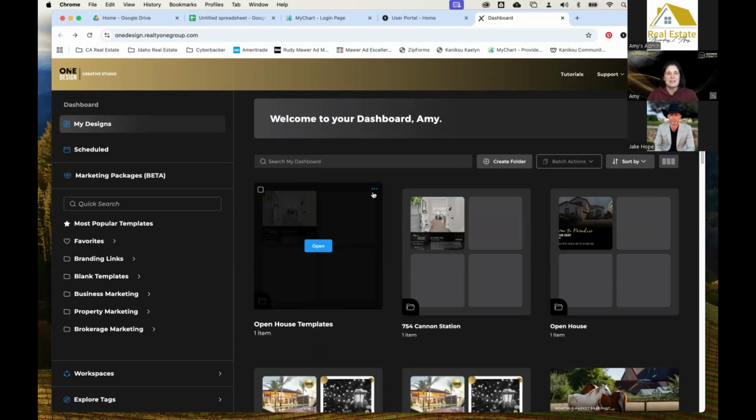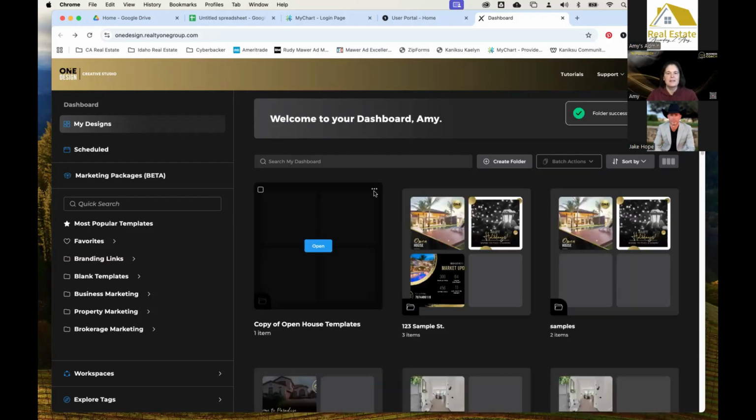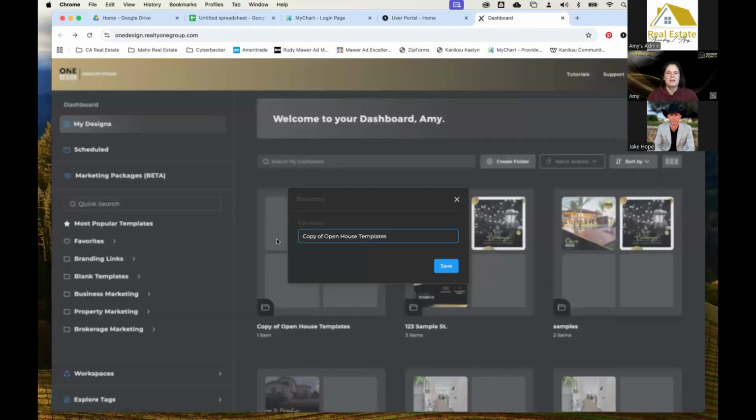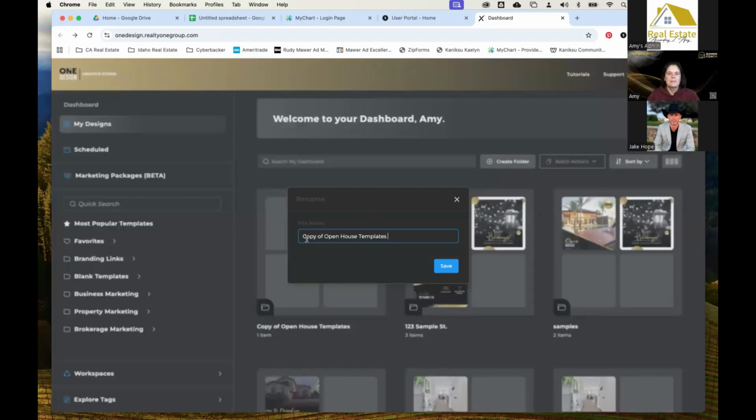If I was going to come in here to create flyers for an open house, I would just click the three little dots, hit duplicate. It's going to recreate this whole folder here, and then I can click on those three little dots again and hit rename. Sometimes I get a little click happy over here with my mouse. All right, we would call it like Browns Valley